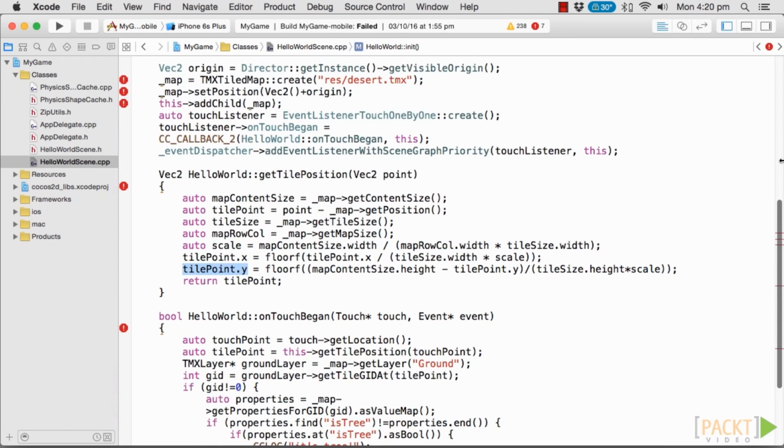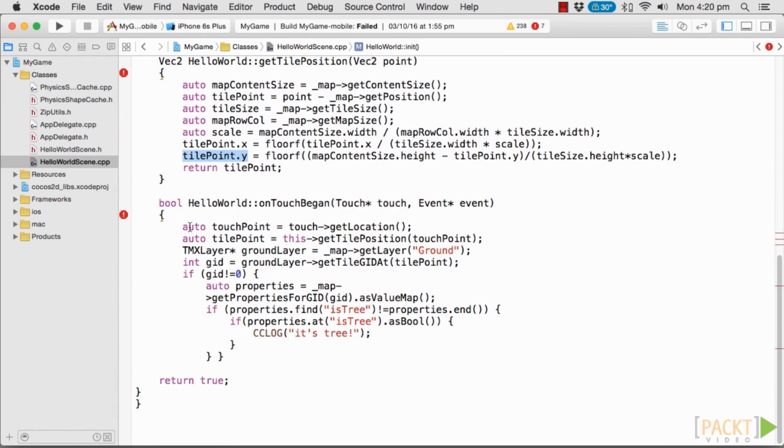Now let's take a look at how to get the properties of the object on the tiled map. Get the row-column position of the tile that you touched using the touching point. Get the layer called ground from the tiled map. There are the objects on this layer called ground. Get the tile GID